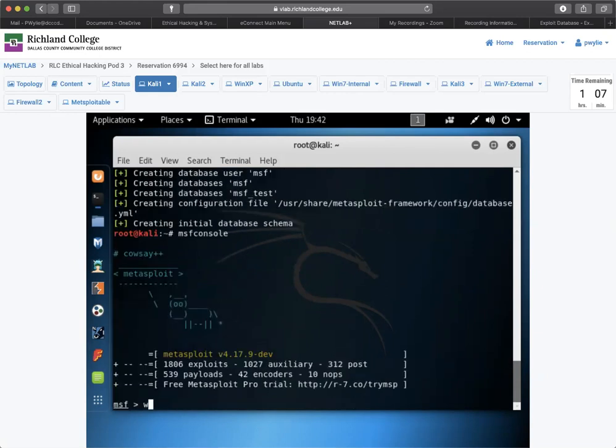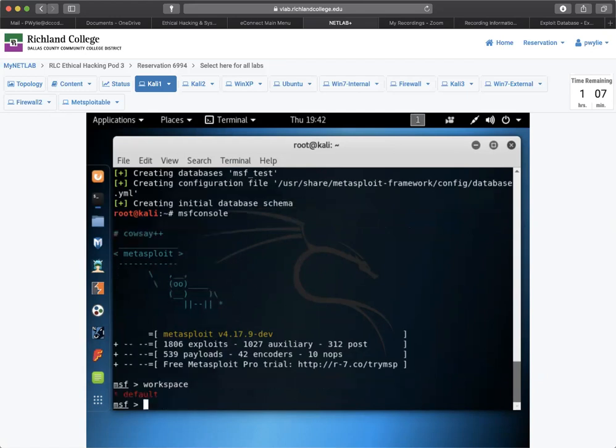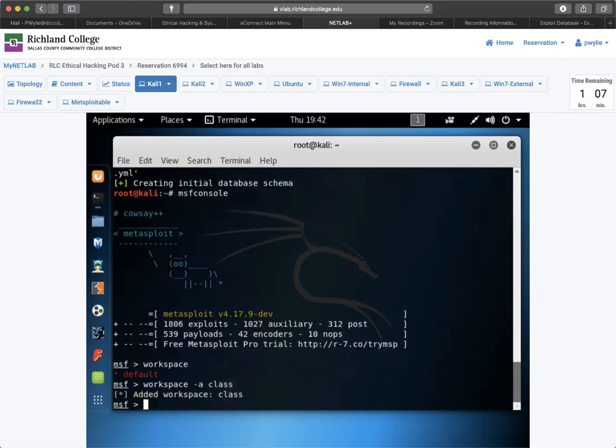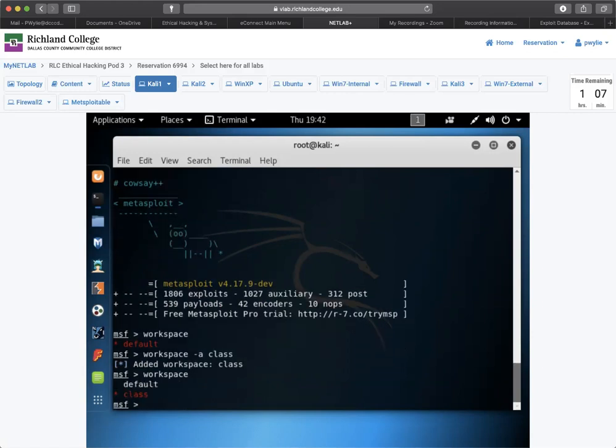Okay, and so let's see, workspace, make sure that the database is loaded. Okay, so we're using the default. So we're going to add one with -a, and class is going to be the name of our workspace. So now if we type in workspace, we see that we have class and default. And once you see the asterisk and it's red, that's the